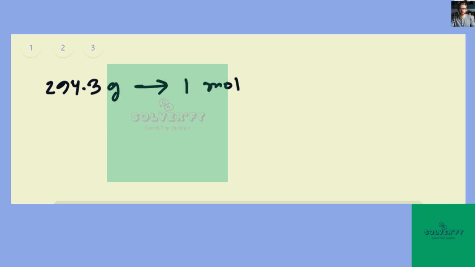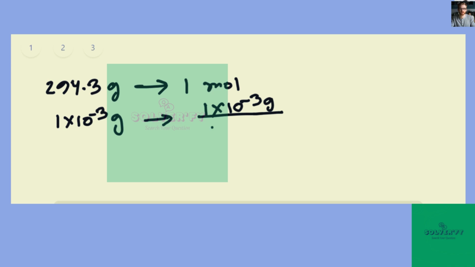That means 1 milligram, or 1 times 10 to the power minus 3 gram, is contained in 1 times 10 to the power minus 3 gram over 294.3 gram per mole,